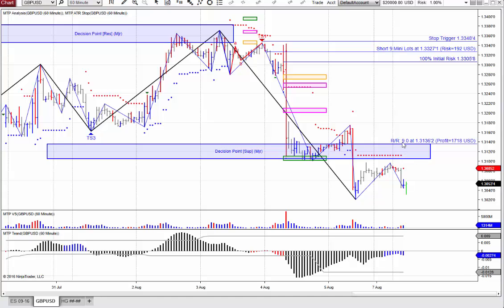So that sums up MTPredictor very well, where we're looking for trades where we can come in with a small controlled initial risk, and then you have a profit that's larger than the initial risk. The reason this profit is different is because in the NinjaTrader add-ons, I currently have the risk set at 1% on the $20,000 account. Obviously this can be changed easily, so if I go to our